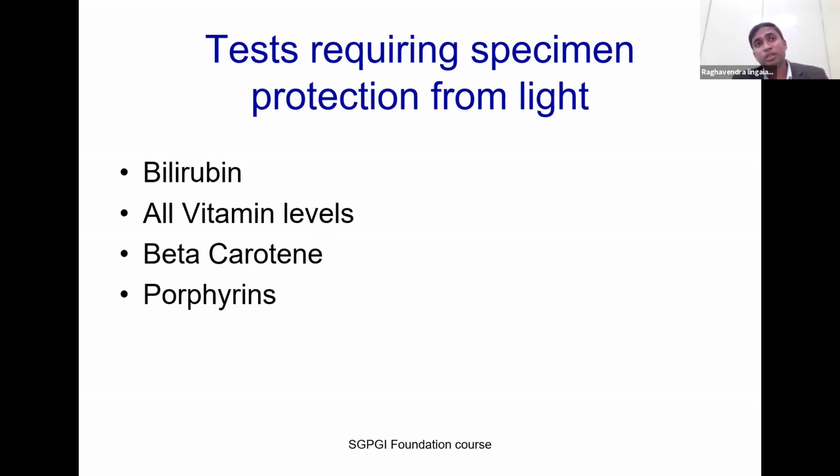If you are getting patients tested at outside private laboratories, one probable cause for this is that most of these labs don't process the vitamin D test in their own in-house lab. They send it to some other lab, a central lab or some bigger lab. During transportation, the samples are not protected from light, which can lead to lysis of vitamin D and give erroneously low vitamin D levels.